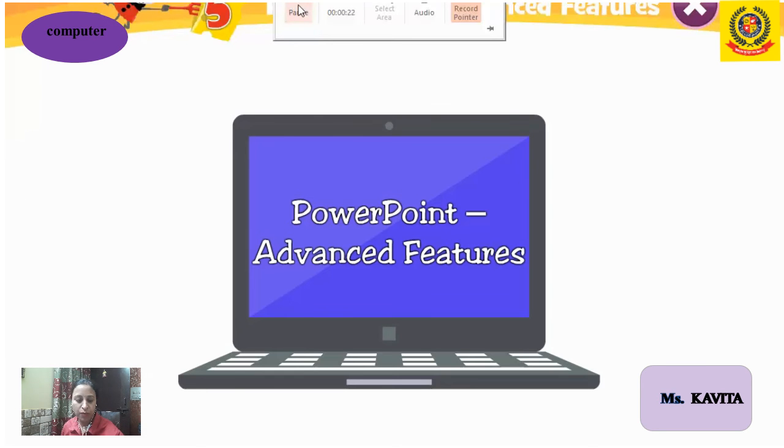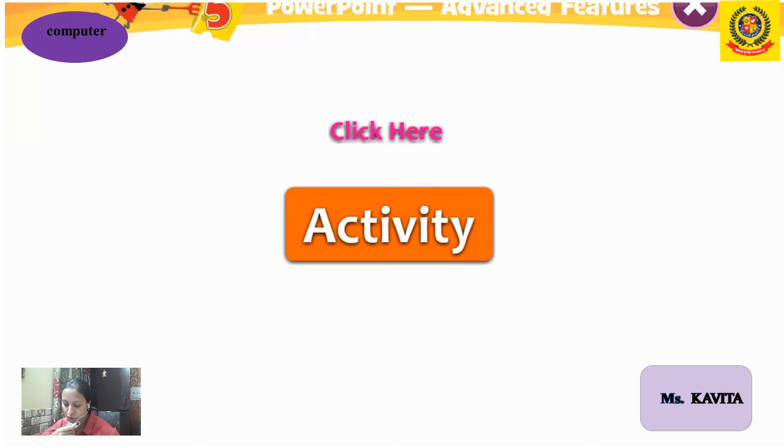So using PowerPoint you can create slides, PPT, and you can show them to the audience. It is a presentation software package. MS stands for Microsoft PowerPoint. Using PowerPoint you can create beautiful presentations. You can apply pictures, colors, fonts, and different themes and designs in PowerPoint. So how do we create a presentation using different types of themes?